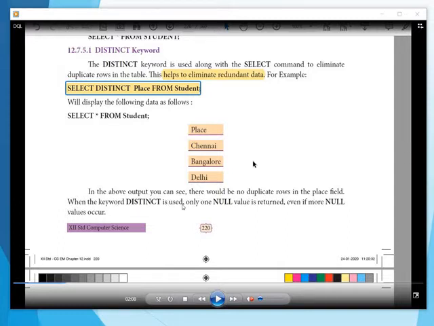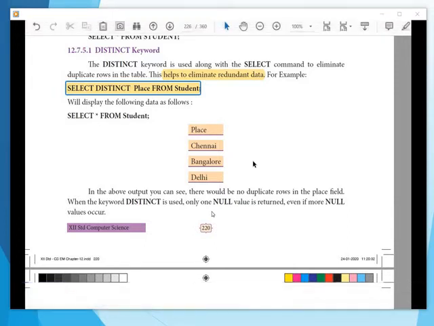When the keyword distinct is used, only one null value is returned. So you are clear with the keyword distinct, it is going to give only the particular records, eliminating the duplicate values.